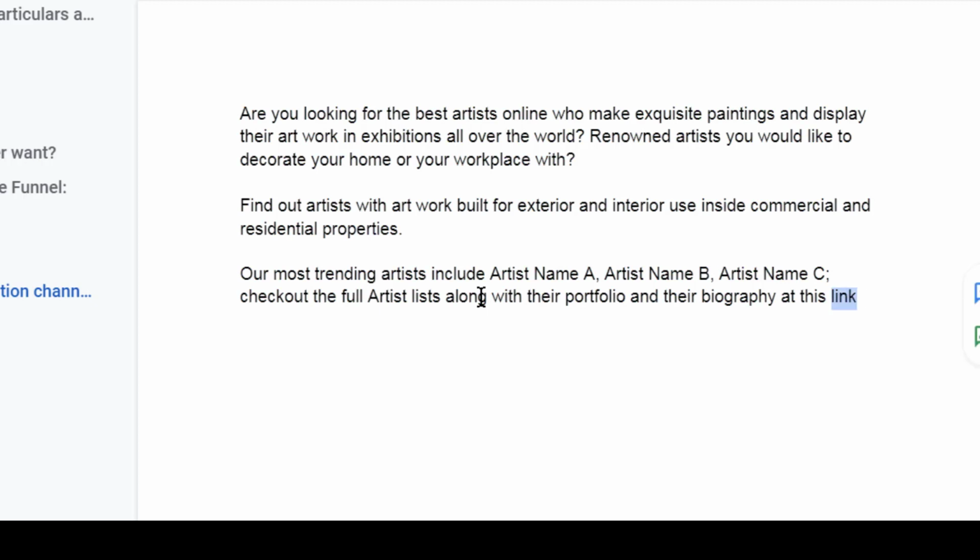Now you can hyperlink that link or you can put it like this: artist list, portfolio. You can add a few more phrases, but this looks good enough.